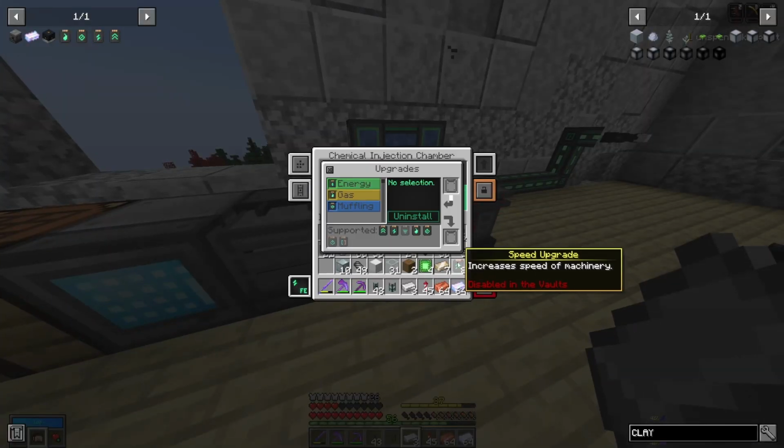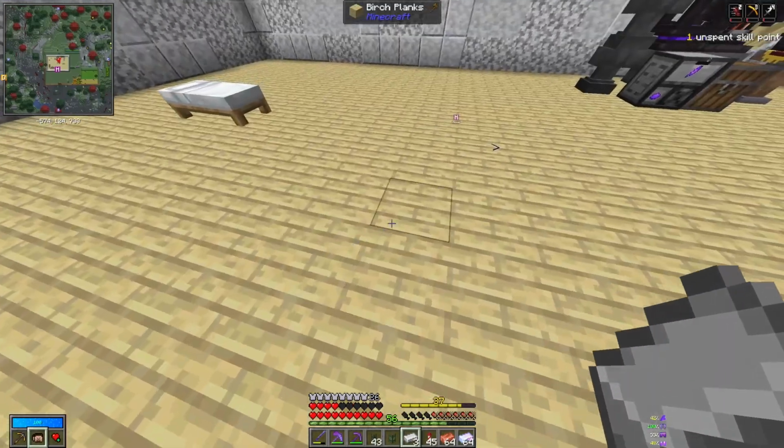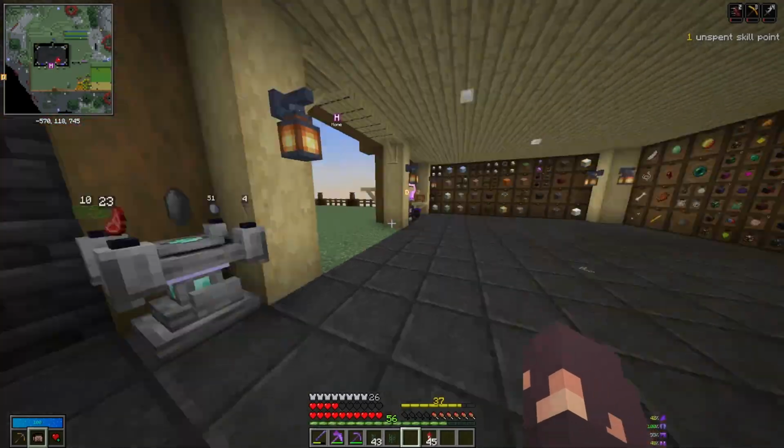And boom. It is now flying and using probably more FE. Yeah, 1.6 kilo FE per tick. That is too much, but we're just getting some clay, so it's not the end of the world. Yeah, no, we get it. Alright, awesome. And now, finally, we can...